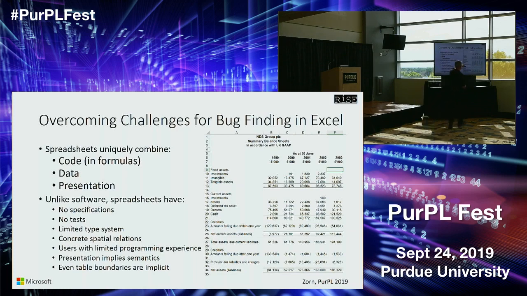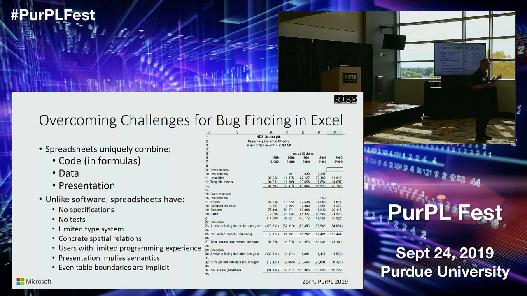Basically people lay things out. They use bold. They have lots of blank spaces. They understand that some of the words are meaningful to people, like net assets. What does that mean? Net liabilities. And the nice thing about this whole problem from a programming language point of view is, this is a great opportunity